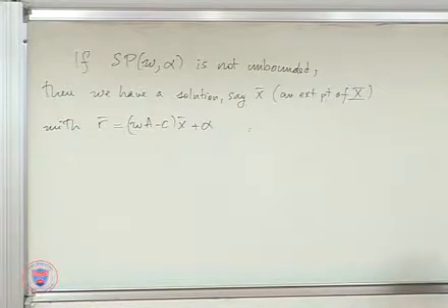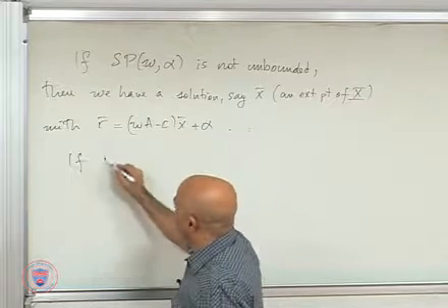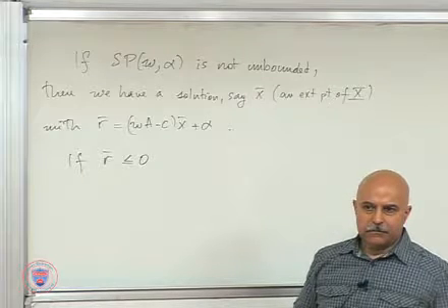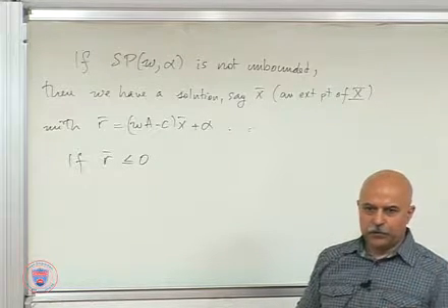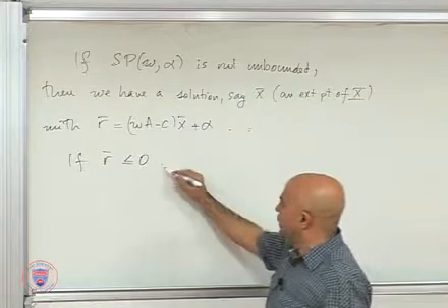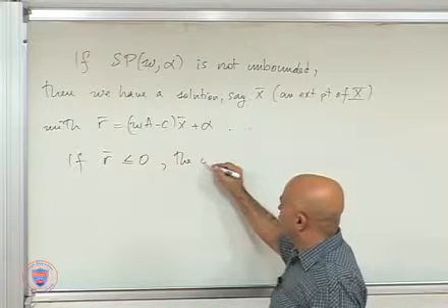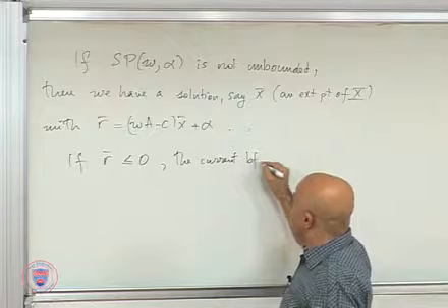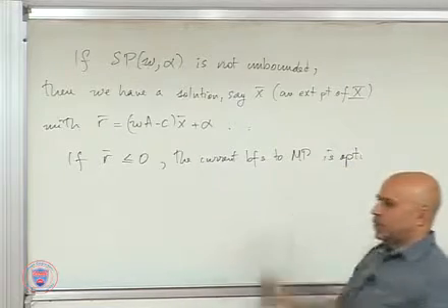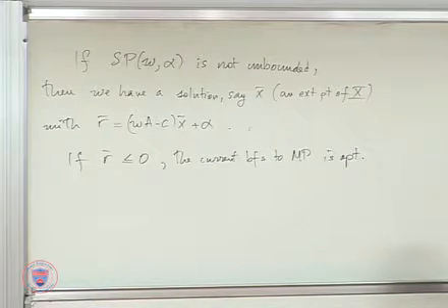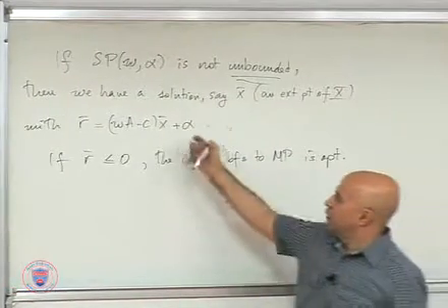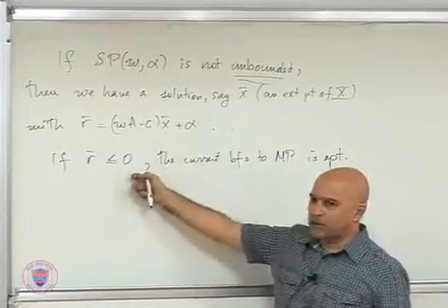That's the solution. If r bar is less than or equal to 0, then lambdas as well as mu's don't price out favorably, so nothing enters, which means you're done. The current basic feasible solution to the master problem is optimal. There's no mu which prices out favorably because it's not unbounded. The best reduced cost is also less than or equal to 0,